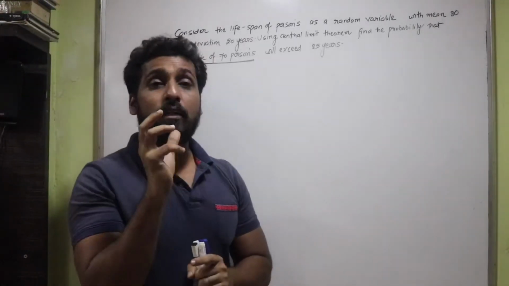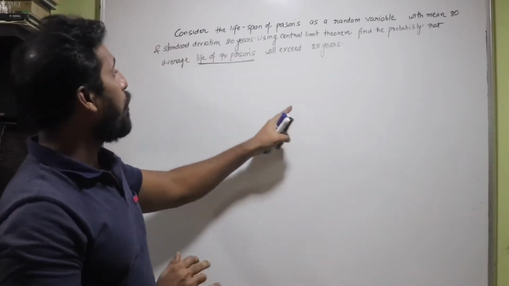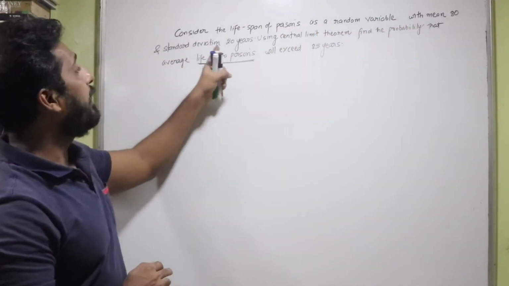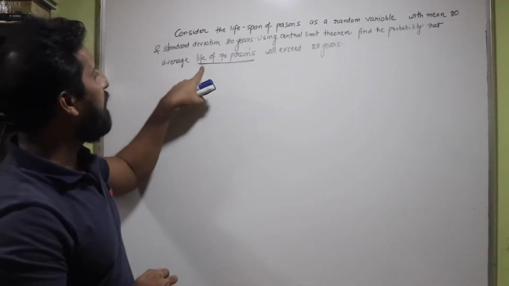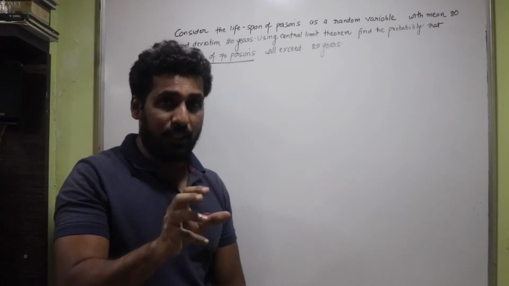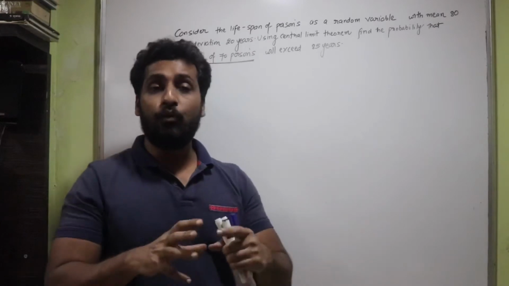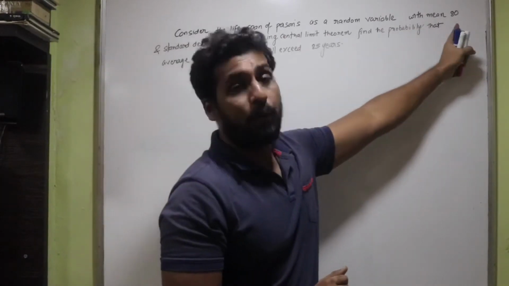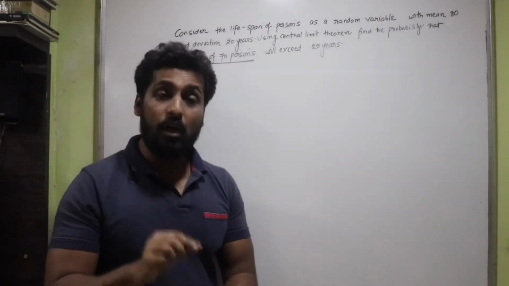Now try and understand, the data that is given to us belongs to the population. When you read the entire question properly, it is told that the lifespan is a random variable with mean 80 and the standard deviation is 20 years. Using the central limit theorem, find the probability that the average life of 70 persons. So these 70 persons become your sample, isn't it? And the entire population has the mean 80 years. So it is like this: we have a specific locality or community where the average lifespan of the people is 80 years with a deviation of 20 years. That is the data given for the population.